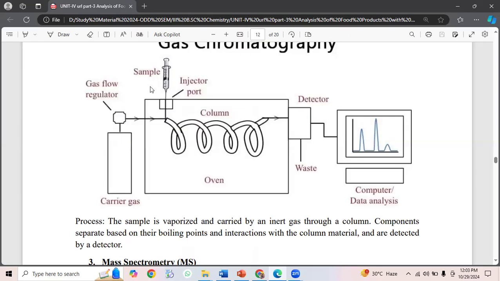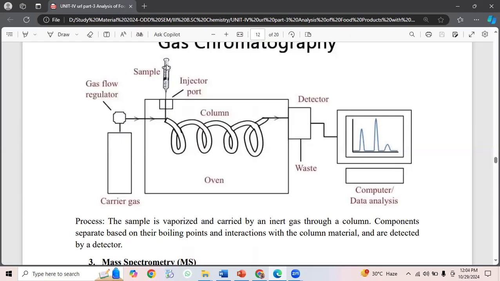A small amount of sample, which may be gas or liquid, is injected into the GC instrument, that is the gas chromatography instrument, typically with a syringe. The sample is vaporized in the injection port to enter the gas phase. It is converted into the gas phase and passed through the column. The carrier gas is an inert gas, such as helium, nitrogen or hydrogen. It serves as the mobile phase, carrying the vaporized sample